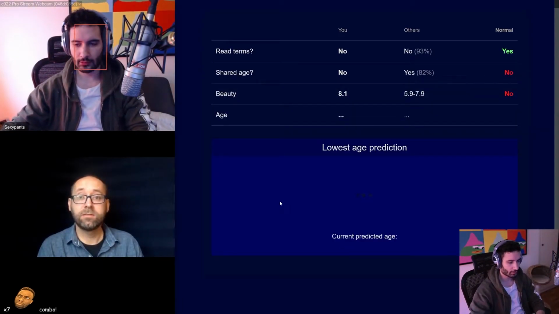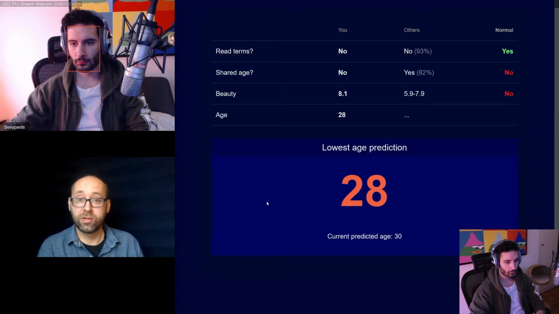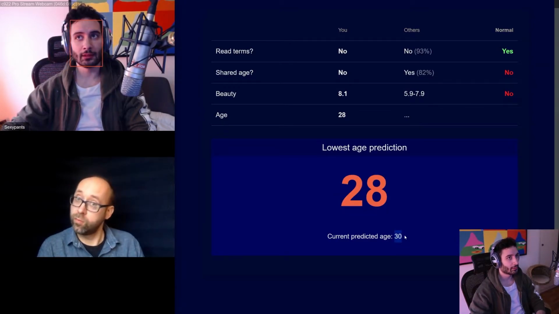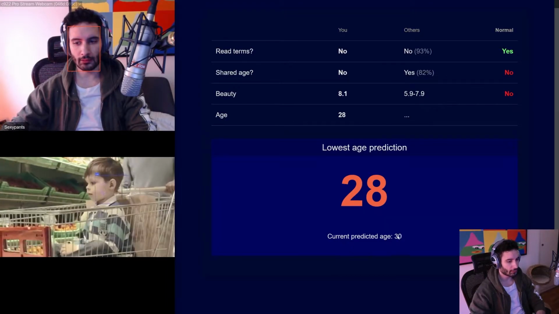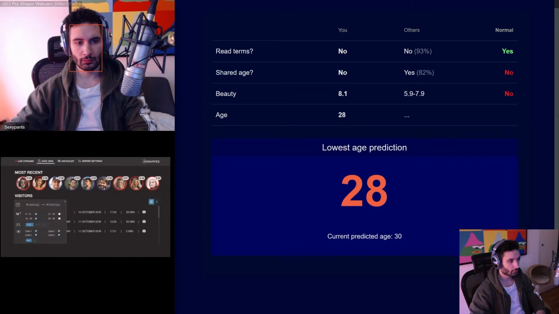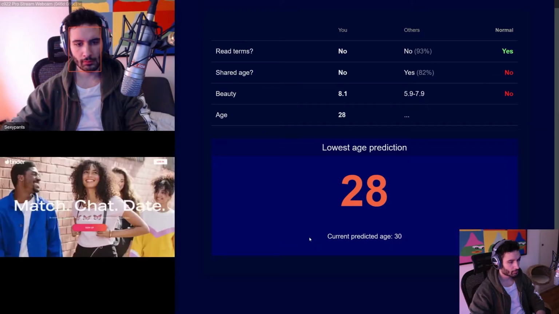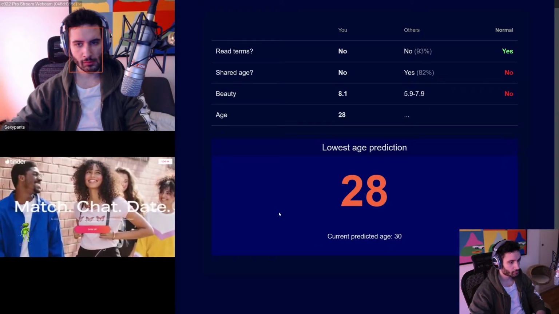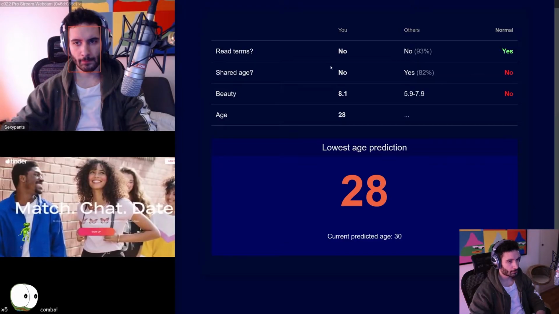Next, let's look at an algorithm that's designed to judge your age. And what you'll see here, as well as with many others, is that if you move your head around, you'll be able to influence the outcome quite a bit. Some stores use these algorithms to learn more about their visitors. They can also be used to guess who might be lying about your age on dating websites.